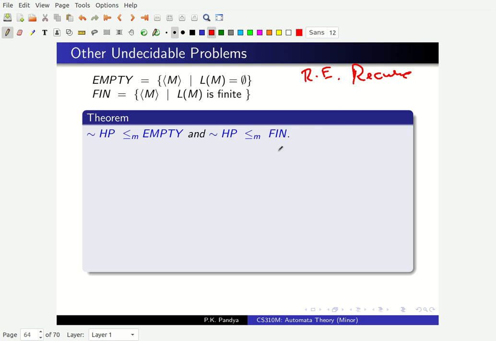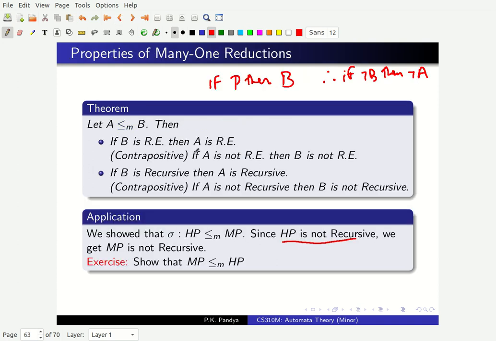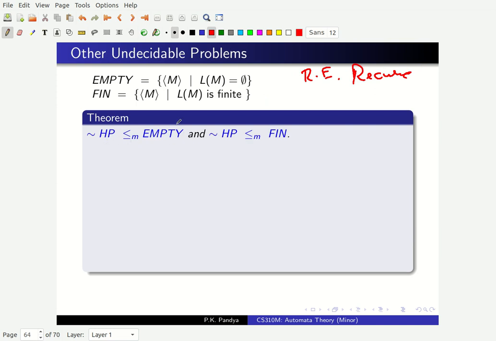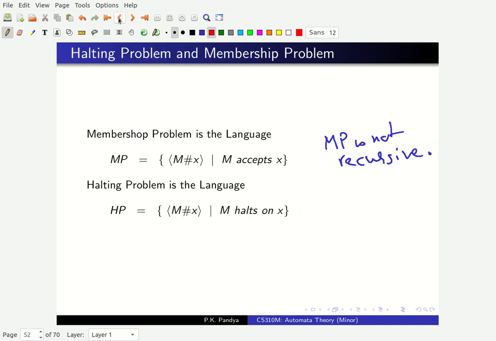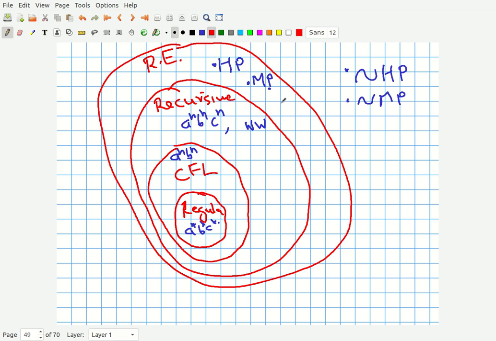Now what does that imply? Let me give you 1 minute to answer. We know something about not HP, that is complement of HP. It is a language which is not RE. So by this part of this theorem, if A is not RE, then B is also not RE. Now we know not HP is not RE, so empty is also not RE. Similarly, Fin is also not RE. So using this theorem, we have populated our diagram, by empty, not RE, empty